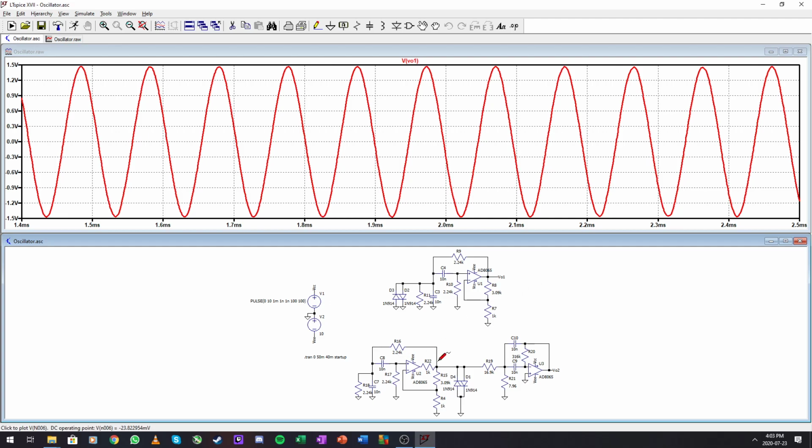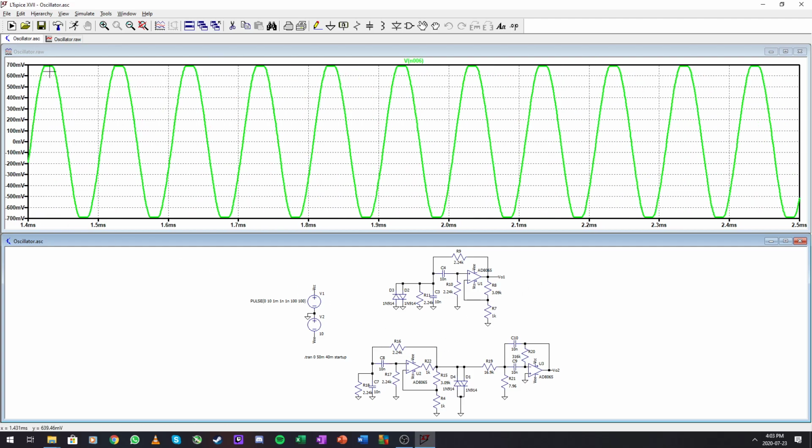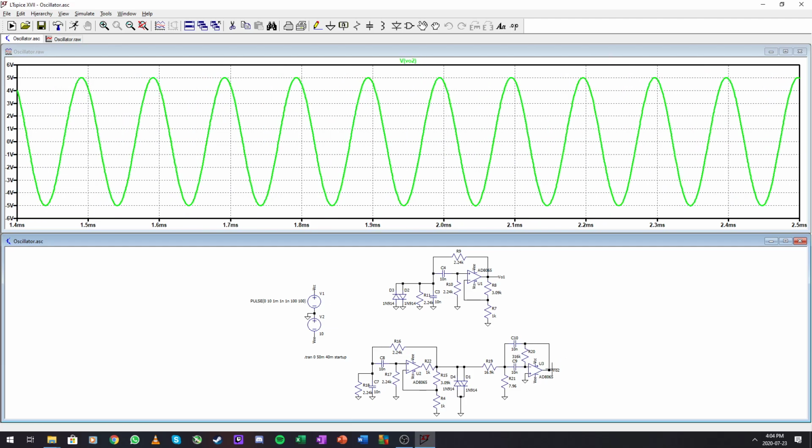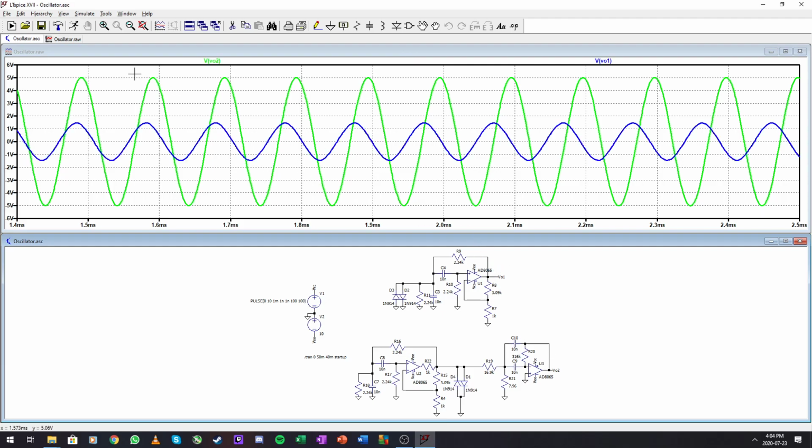The second one right here, we are clipping our output across these diodes, and then we put it into our filter at a much smaller value right here. It already looks sinusoidal because it has been filtered and fed back, and that gives us our 5-volt output that we wanted. So let's take the two filters and